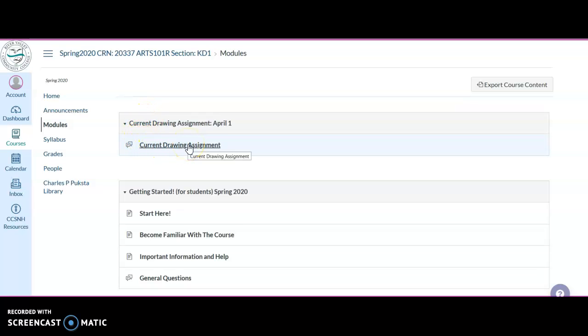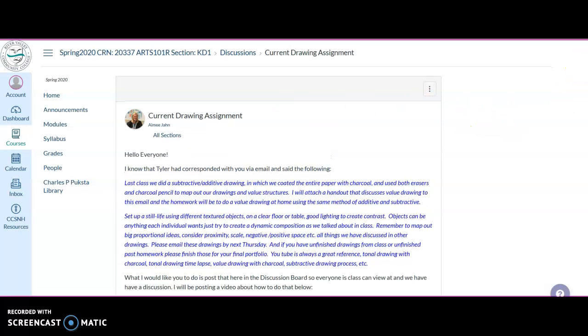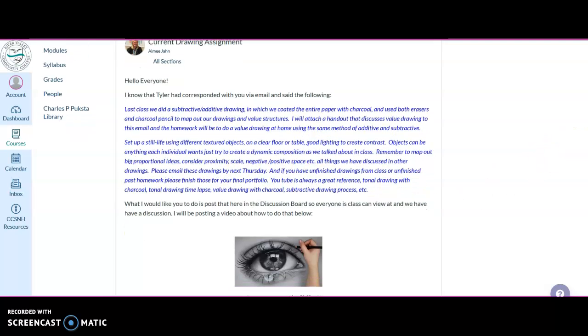I know that Tyler's last communication with you had to do with a drawing assignment. So I'm going to go ahead and click on this discussion board. What I did was I took the information from the last email that he sent and I put it here in blue. And what I'm going to ask you to do is post that